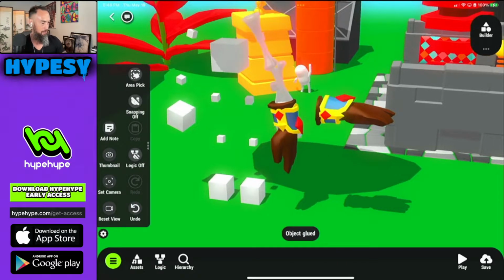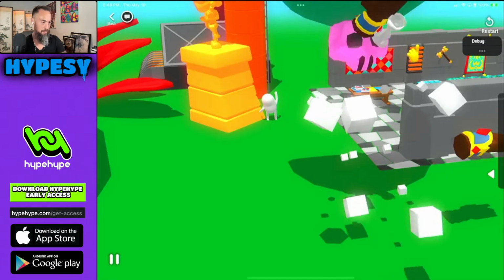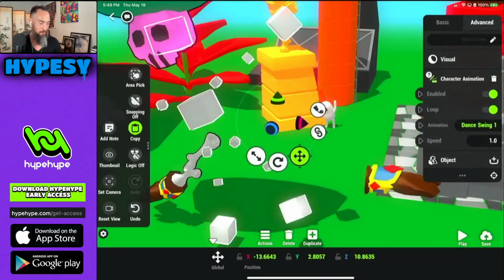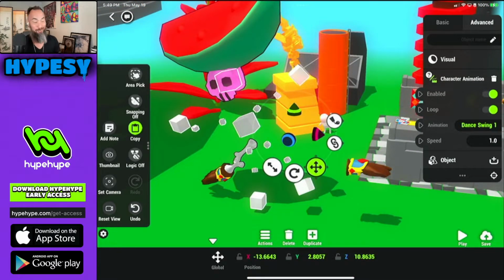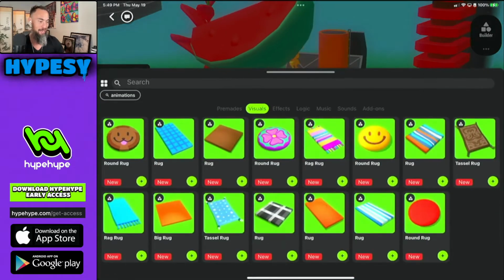Now we can select this character. Let's grab a new animation. Let's check out Ninja Run. Okay, maybe Ninja is a little complicated. Alright, well that didn't work out exactly what I was going for. I think I would need to spend a lot more time, but I think you got the rough idea. I'm glad to know that that asset exists.